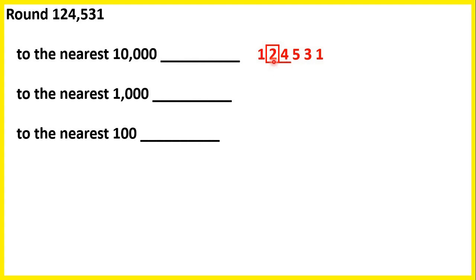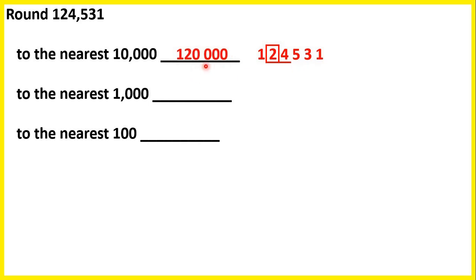So if we're rounding to the nearest 10,000, that's our thousands digit. And then we can remember that if it's 4 or less, we round down. And when we round down, the digit that we've circled stays the same. Digits to the left always stay the same, and digits to the right turn into zeros. So that gives us